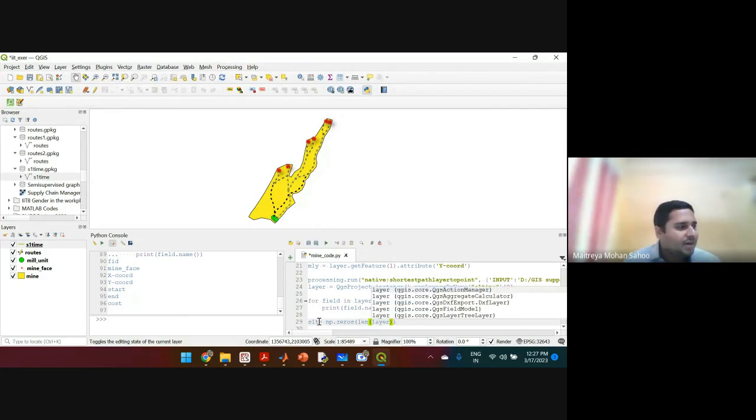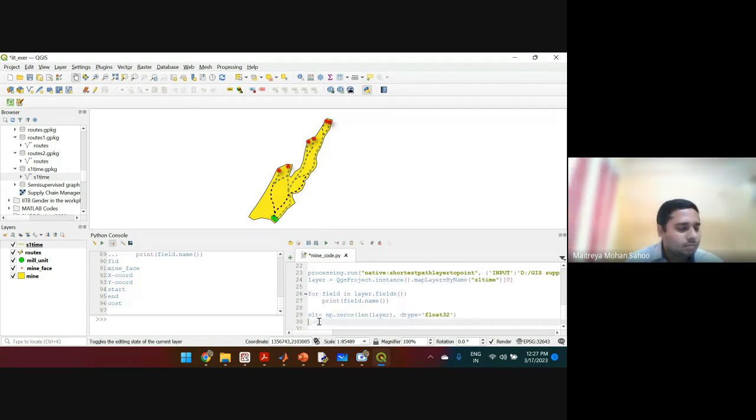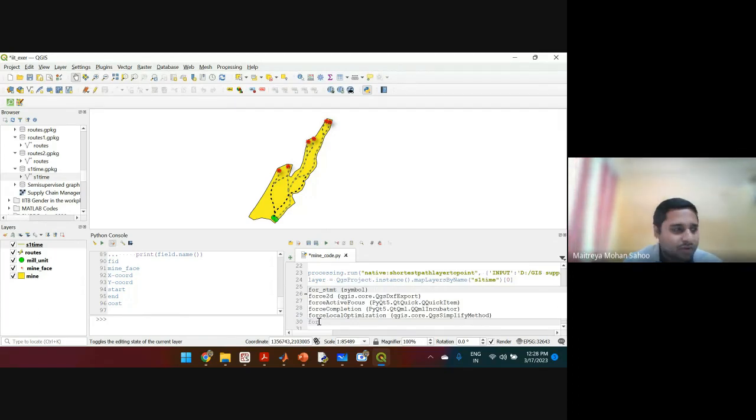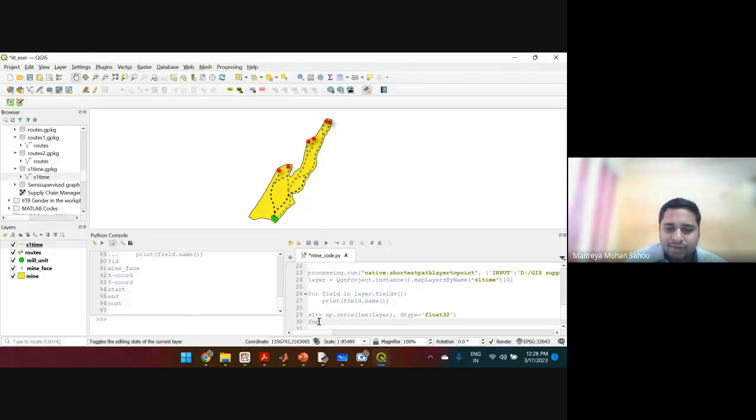Here, each of the layer file is listed as a field, as a list field. So here we put length of layer, and having a data type of say float 32. And then we iteratively extract and store the values of the cost function in S1t. So for that, for i in range length of layer,